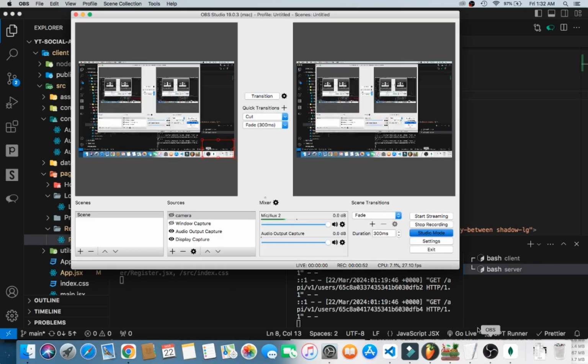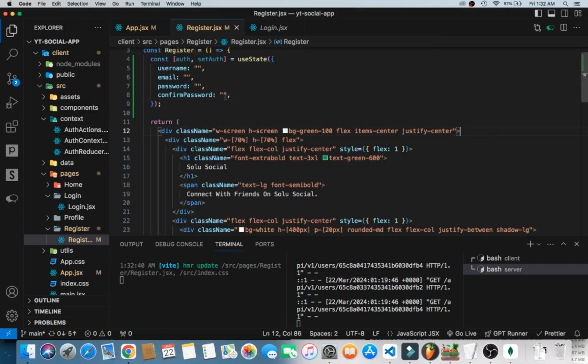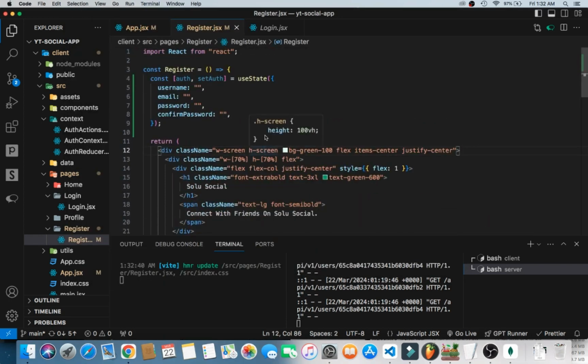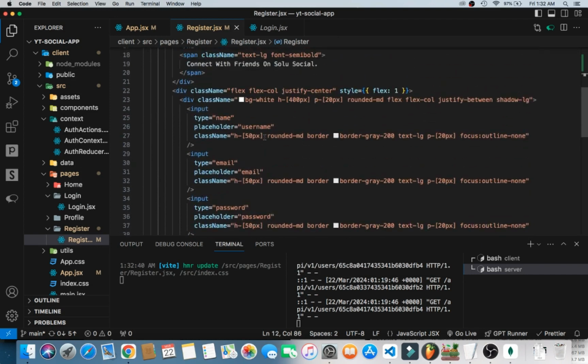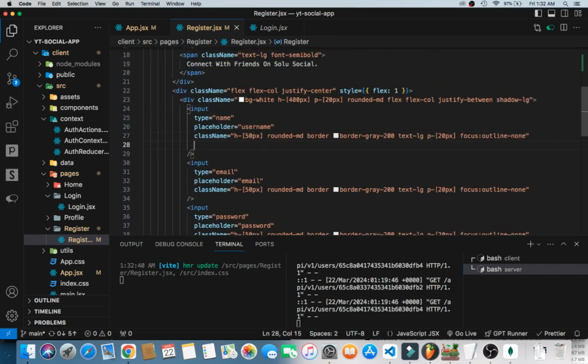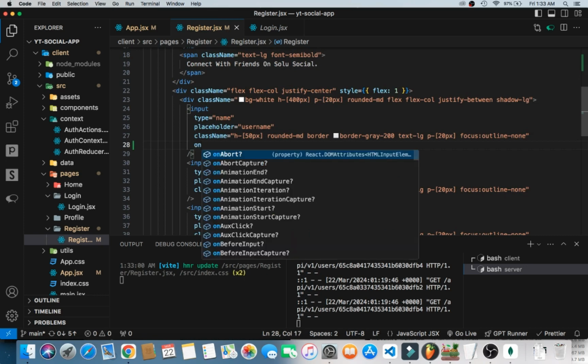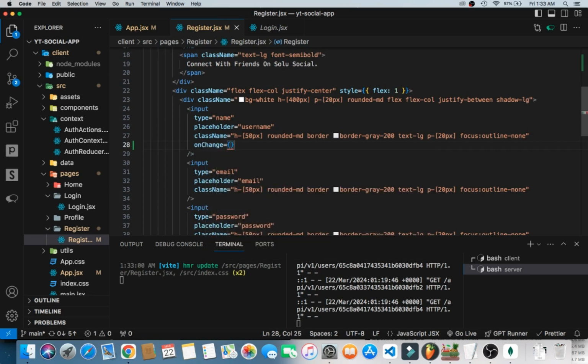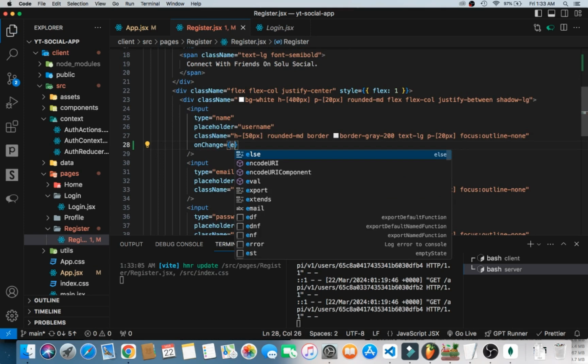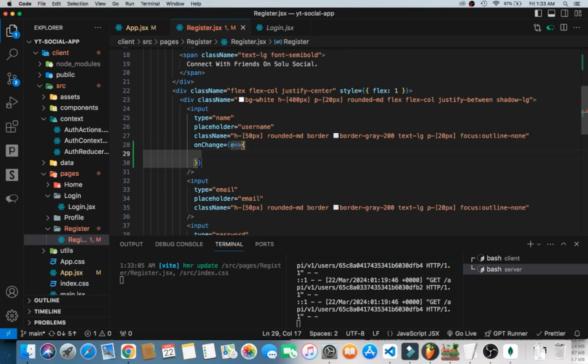Now that we have these 4 fields, what can we do to them to be able to use them? Now inside here we have the username, right? So you're just gonna add an onChange function. So on onChange, then it's going to take in the e, then target dot value